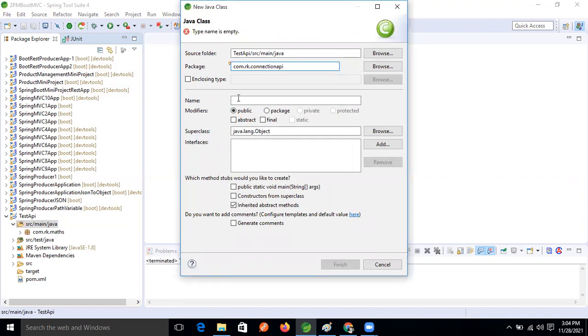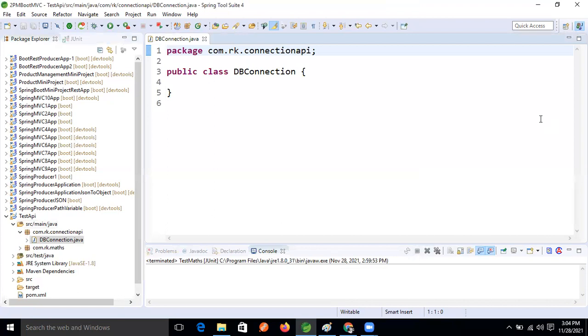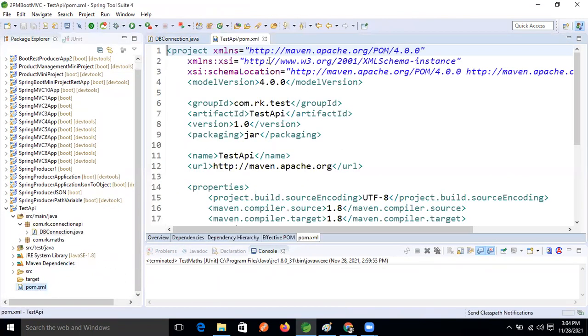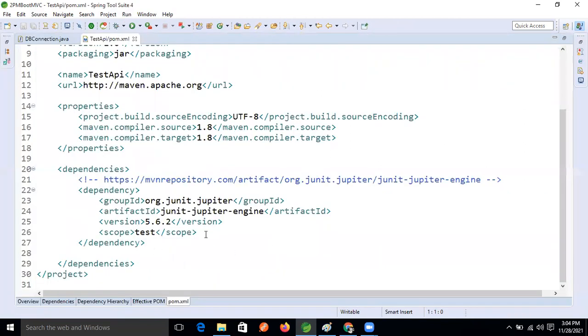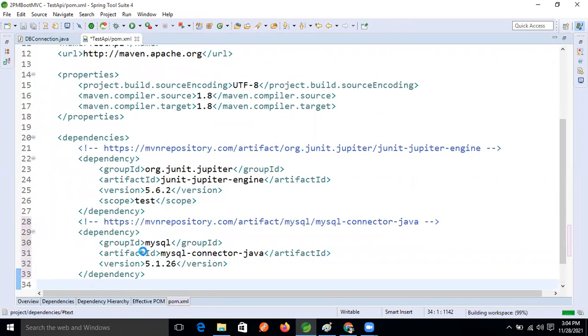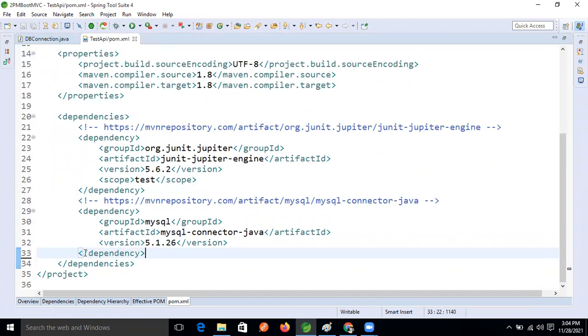Now here I'm taking the class name DBConnection, right? Now put that dependency in the pom.xml.